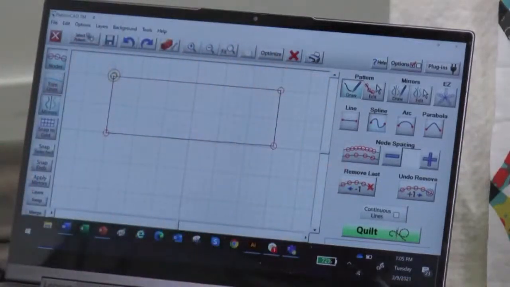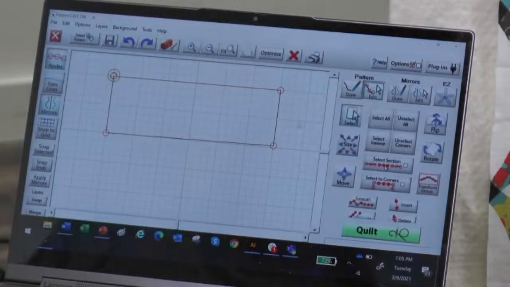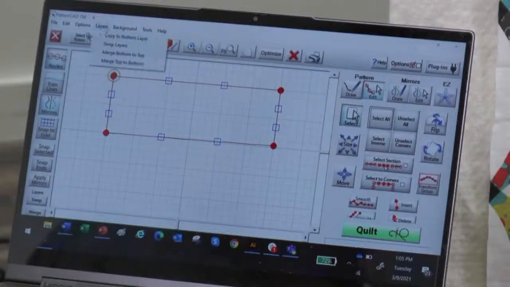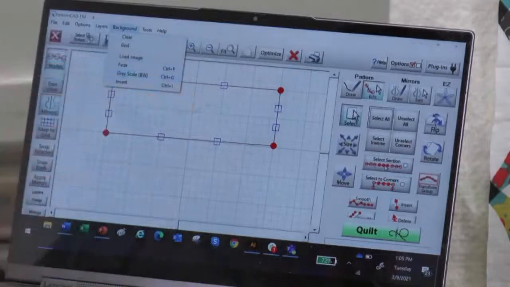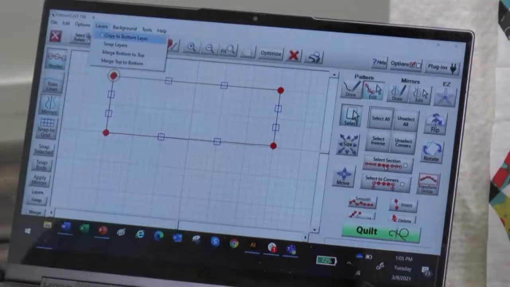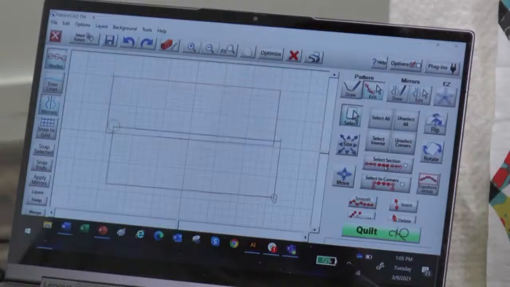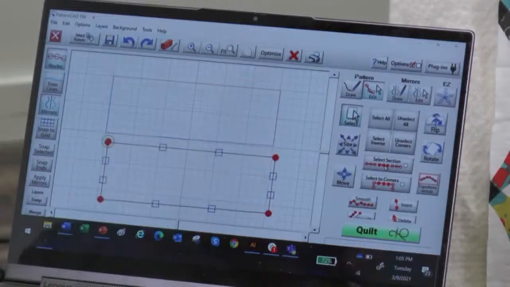And in Pattern CAD, you can do that. So I'll go over here to Edit, and I'm going to select all my little nodes. These are what we call nodes, and I'm going to select them all, and they'll turn red, okay? And now that I've selected them, I can go over here to my layers, because I want this design to be a background layer. So I'm going to go to layers and click on copy to bottom layer, all right? So once I do that, if I move this, notice that now I have that design on my background,